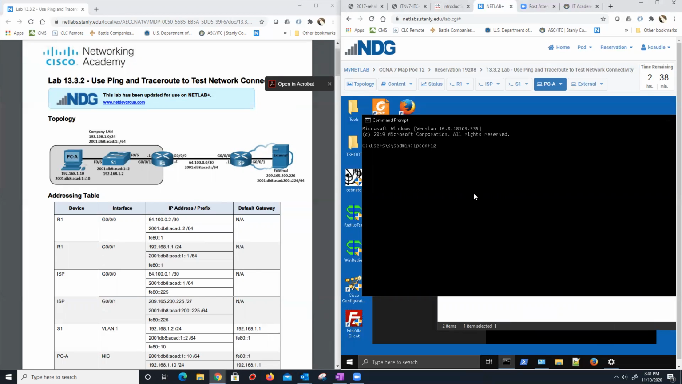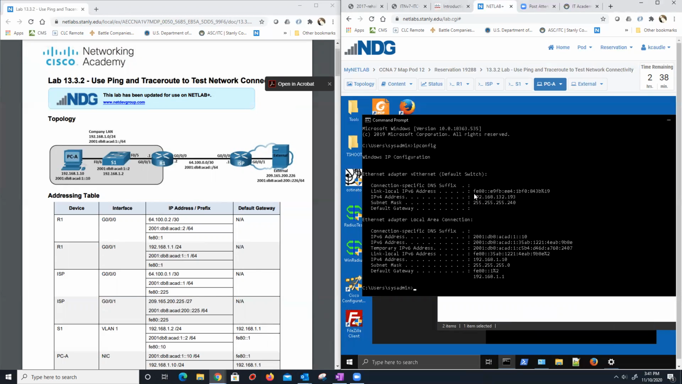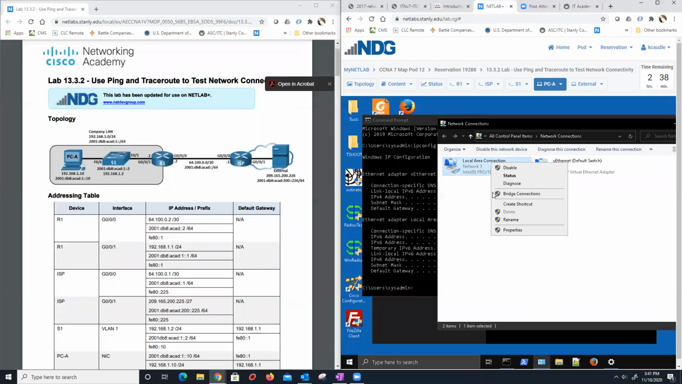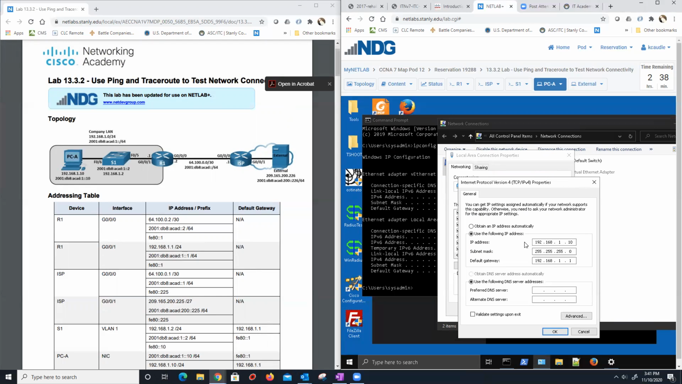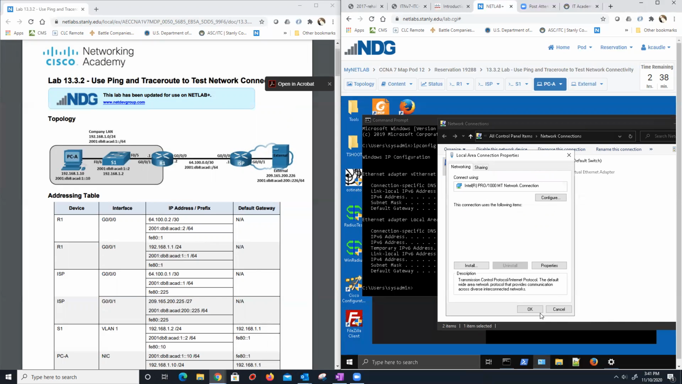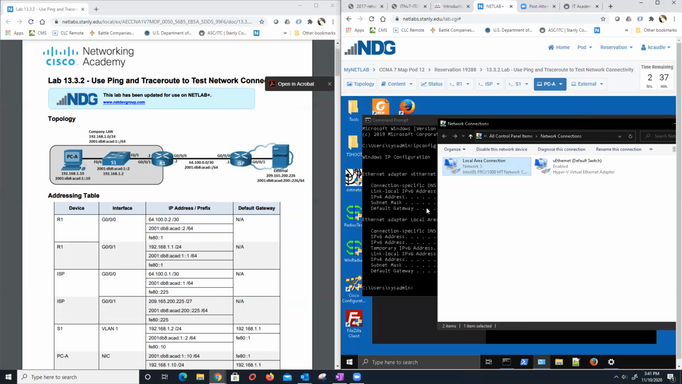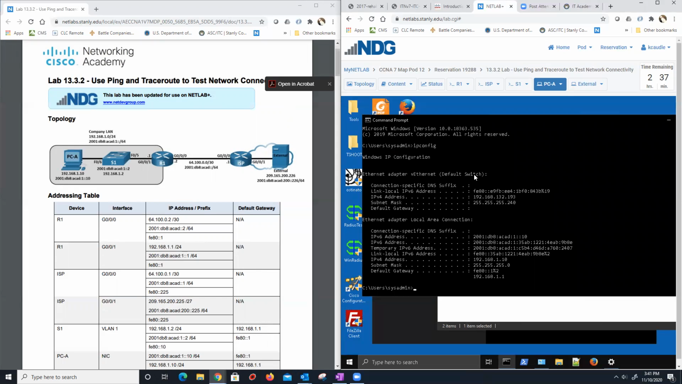We do an ipconfig. We see our IP address here. And IP addresses of 192.168.132.193. What happened there? Did I not save my IP address? Oh, there it is. Sorry, that was a different one. That's the default switch here. Okay. Down here, 192.168.1.10. So first thing I'm going to do now, the command is simply ping, which stands for